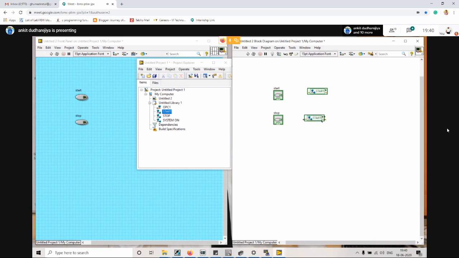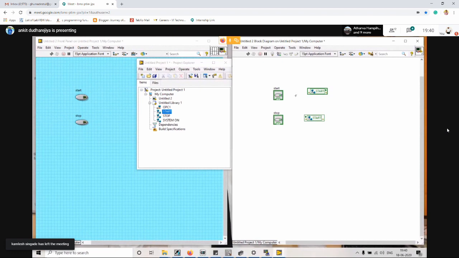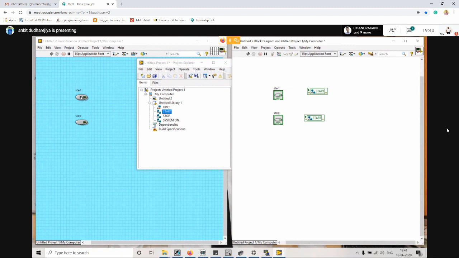Now you can see we have to change this access mode because we have to update it, right? We will change the access mode from read to write, and the same for this one, access mode read to write, because we will press this switch. So whatever the high or low logic, that will be written into this tag, and once that state is written into this tag, it will also be monitored from the PLC as well. Now we will connect it.